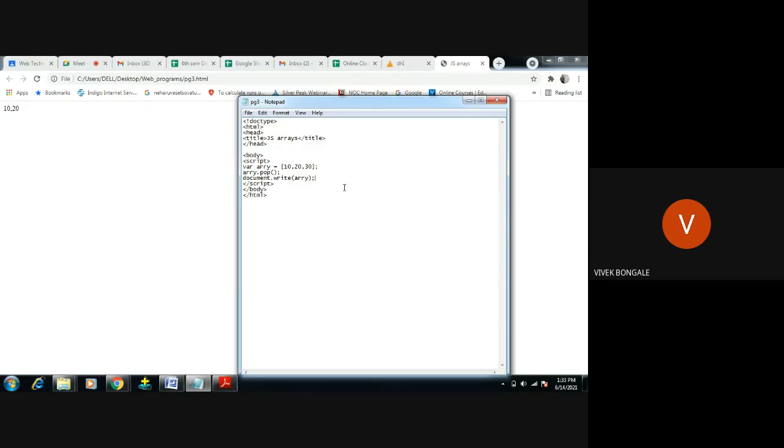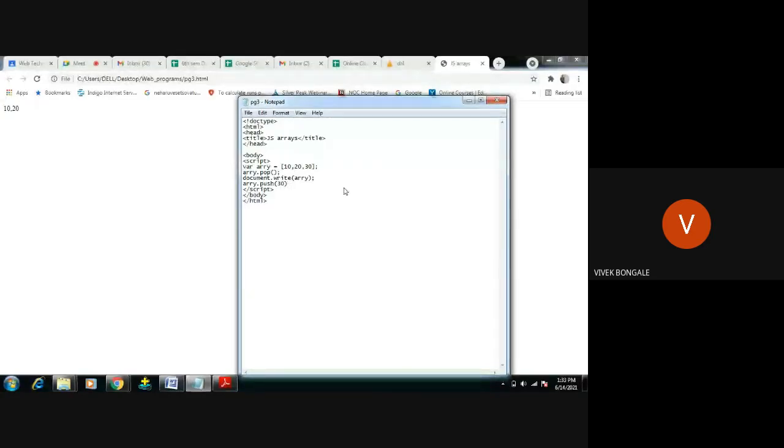If you want to push, it's the same thing. Write the array name followed by push. So what do you want to push there? Now 10, 20 is there, I want to push 30. So I will give 30, no need of giving that.